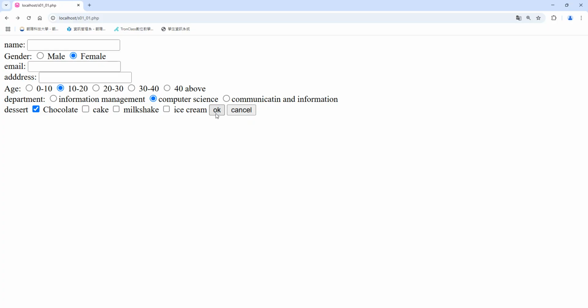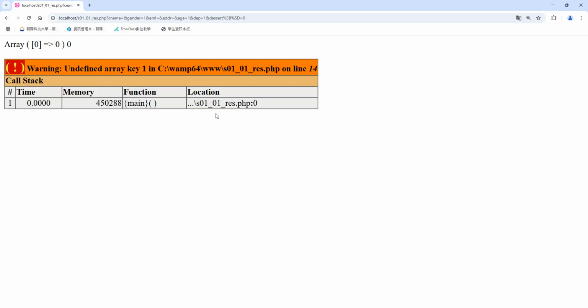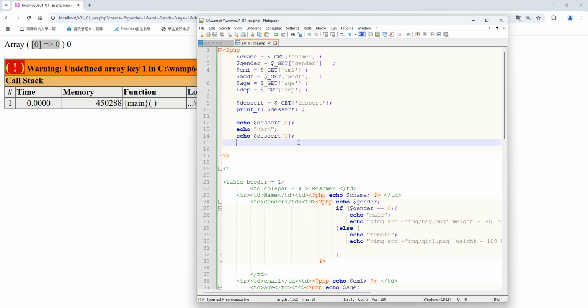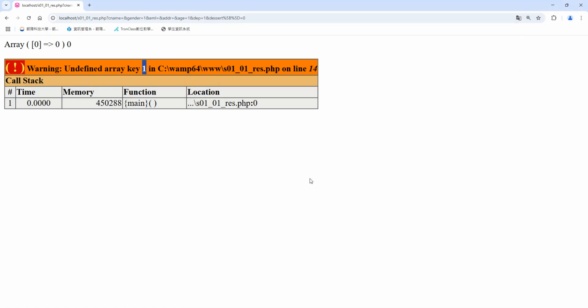what will happen? What's going on? You can see my array only has 1 item in here, right? So if I ask the program to show up the next item, I don't have a next item, so it doesn't have an array key 1. So how to solve this problem? Use a counter, very good. Great, the student just said we can use a for loop and use a count to calculate,